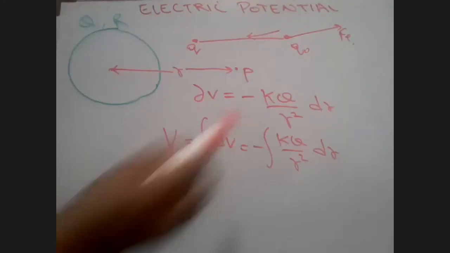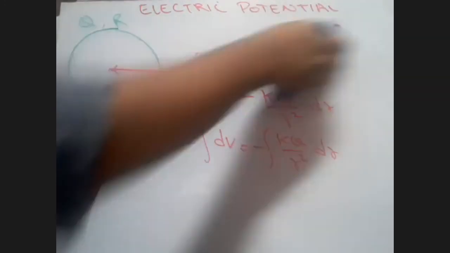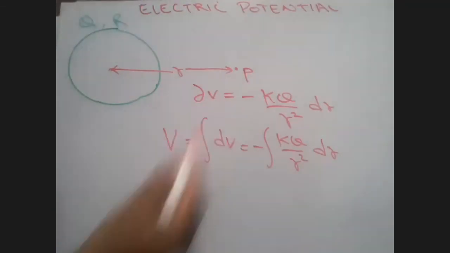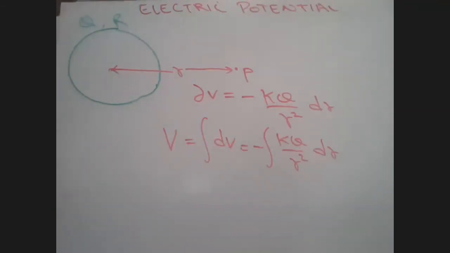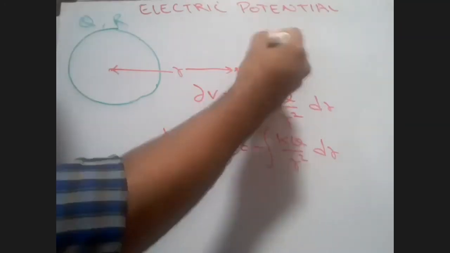So from where is this Q naught coming? I had taken what reference? I had taken this test charge to be at infinity, and I was bringing it near this. So the same thing over here. When you are trying to find out the potential at any point outside the solid sphere, you have to take a reference point. I am taking this test charge, but I brought it from infinity.